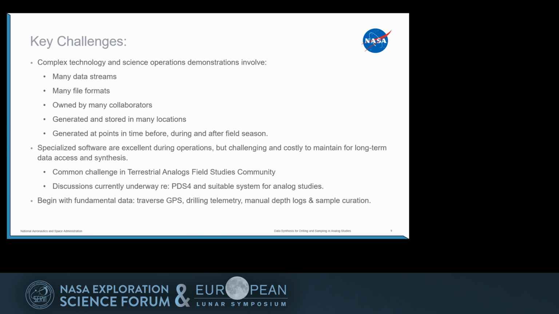field season. One thing that we've noticed, even in the course of this project, is that it seems to be a common thread of conversation within the terrestrial analogs community, and a common challenge, and that many people seem to be discussing how the PDS4 model is helpful, but not quite a fit for the way that data is generated in the field.